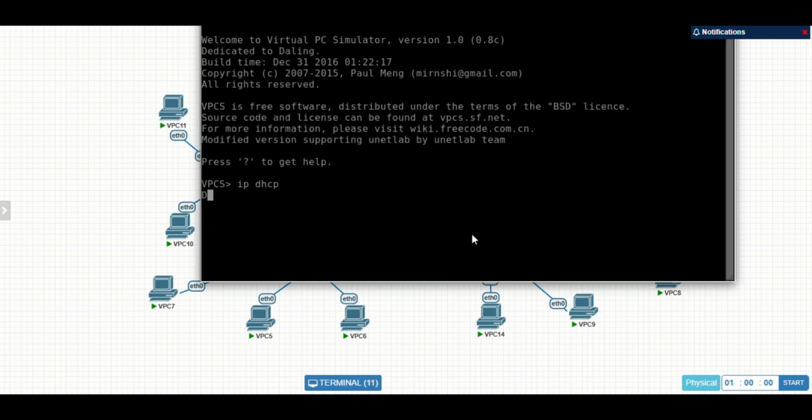Successful. Next. Also successful. And the last PC in the last area we will see, and yeah, successful. So all of the areas are already connected with the router, and all of the PCs in the areas have dynamic IPs.